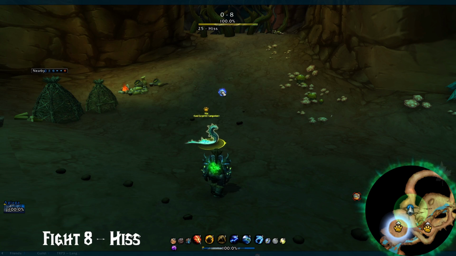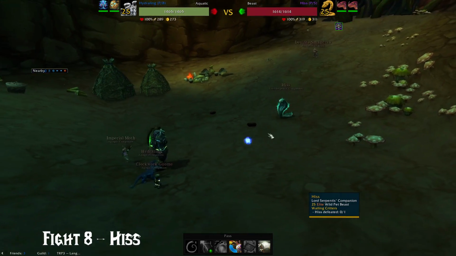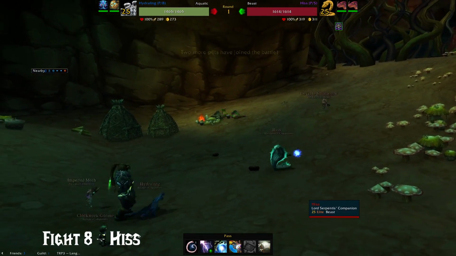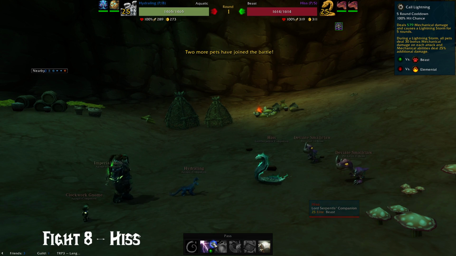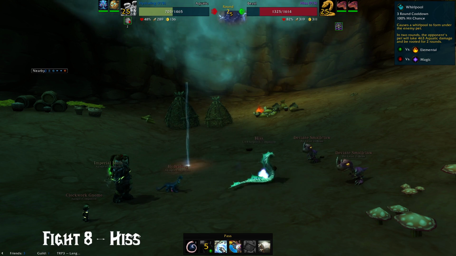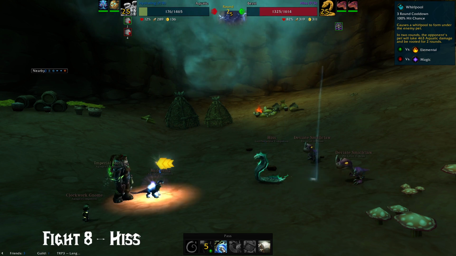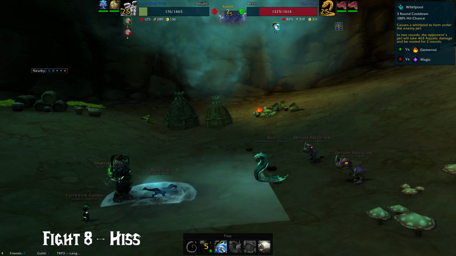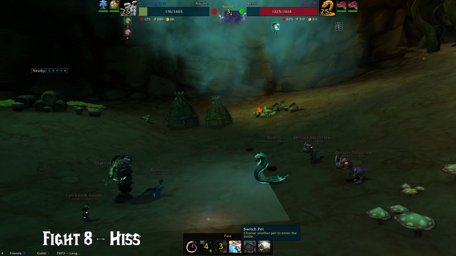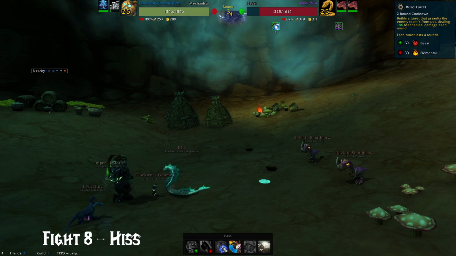Alrighty. Snake time again. This one's a big one, though. Alright, number 2. Get a number 3 going for a Whirlpool. It's okay if your first pet gets taken out really quick. You mainly needed to get off your 2 and your 3. Swap, get to the Clockwork Gnome,